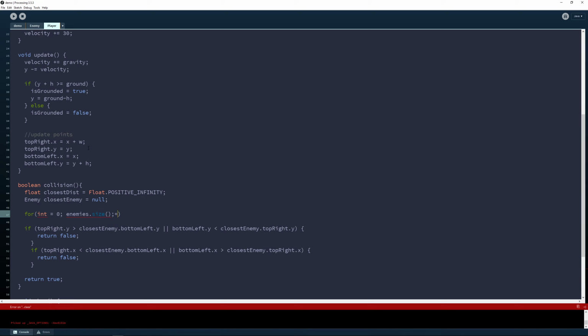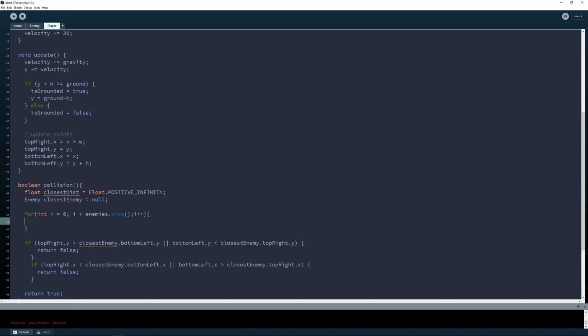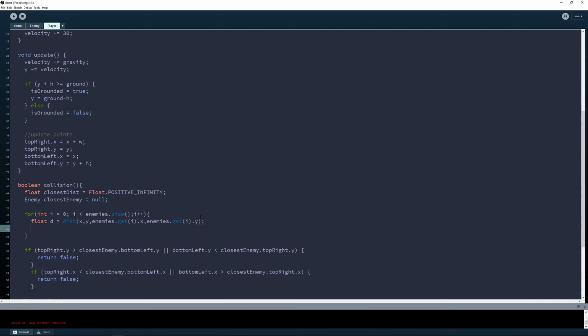So we'll get the size, and of course i is equal to 0, i is smaller than size, and then we'll create a float, call it d, which will get the distance between our x and our y, and then the enemies dot get i dot x and the enemies get i dot y, and then if d is smaller than this distance of infinity